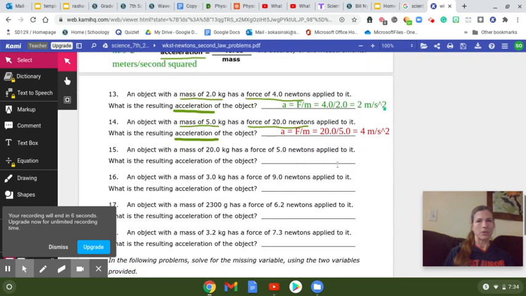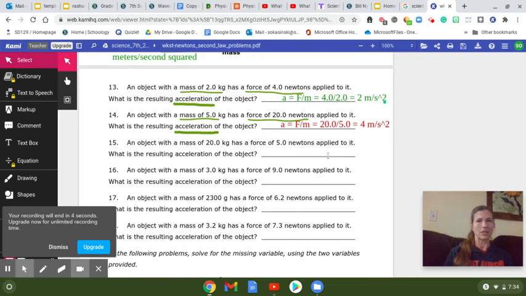And then one more example you can see. I'm about to run out of time, but you can look at what I plugged in. 20 newtons divided